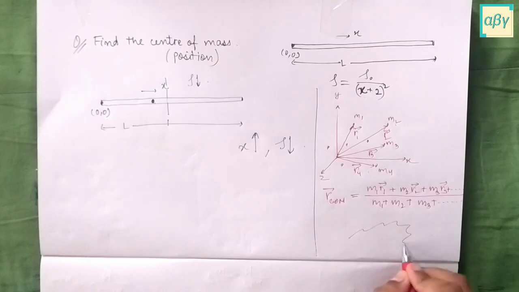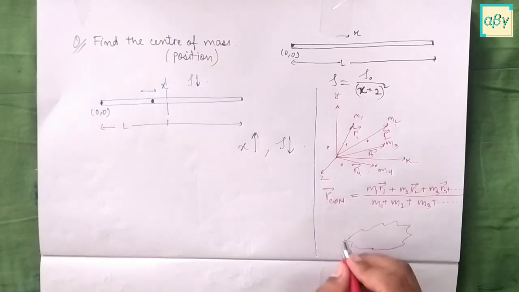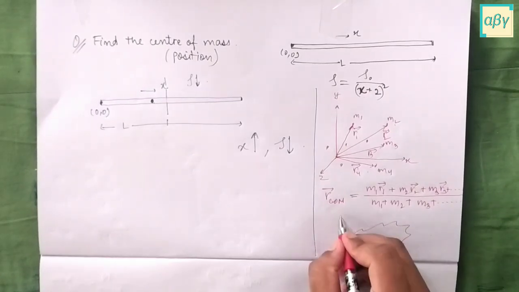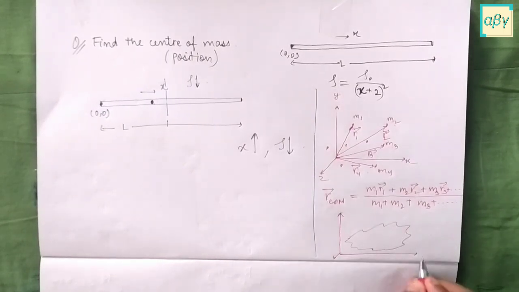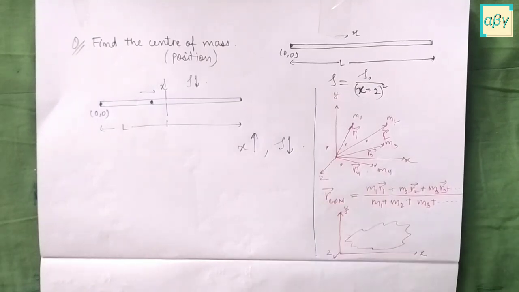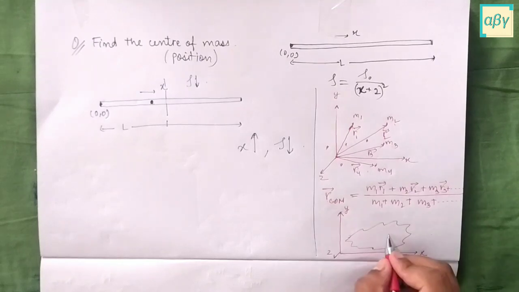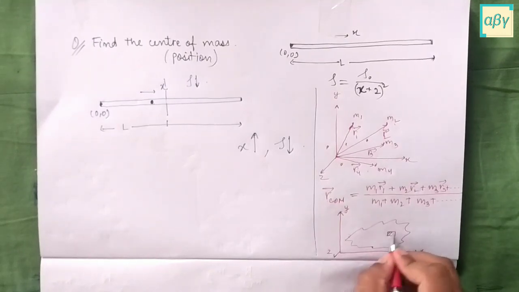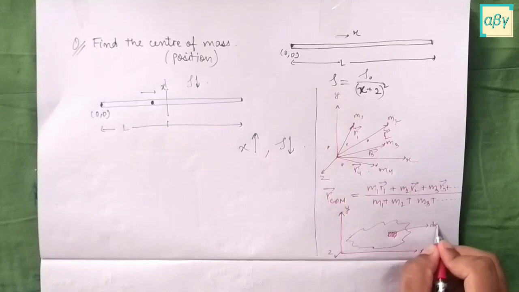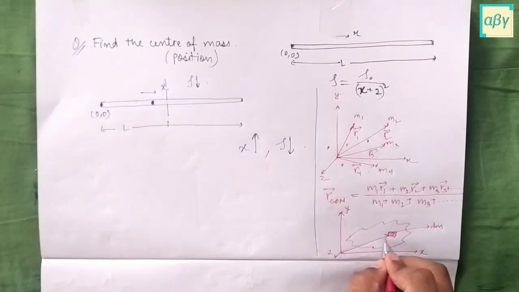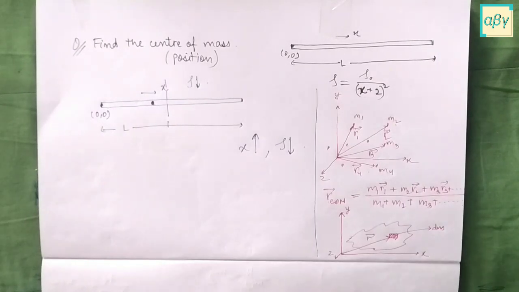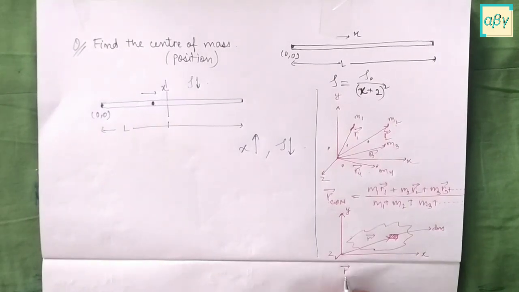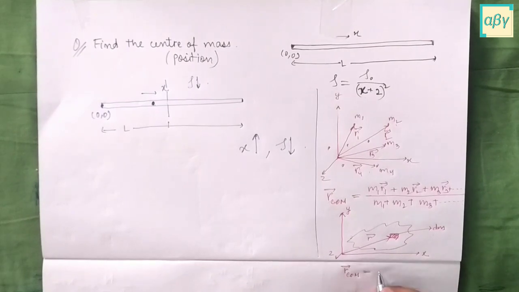Now suppose I have a continuous mass system, and I want to find out its center of mass. In this case also you have to first define a coordinate system of our convenience. So this is the coordinate system which I have chosen in this case. Now you can consider this continuous mass system to be made up of a large number of small masses, each having mass dm and a position vector r vector. Then in that case, the position of the center of mass will be given by